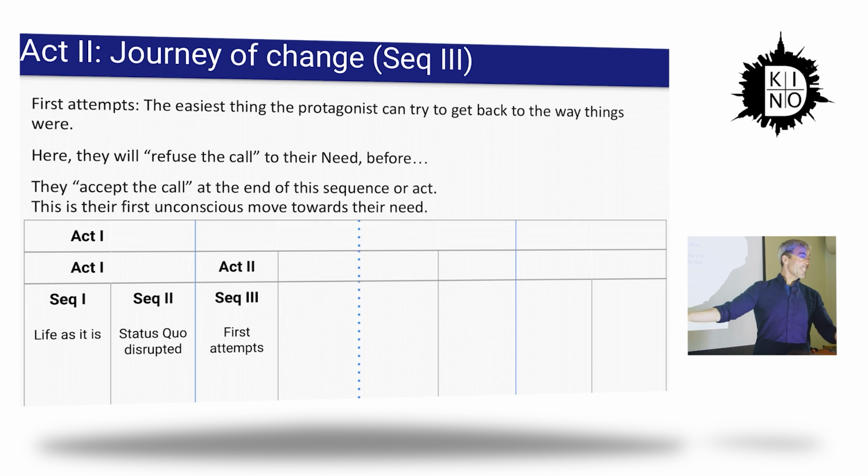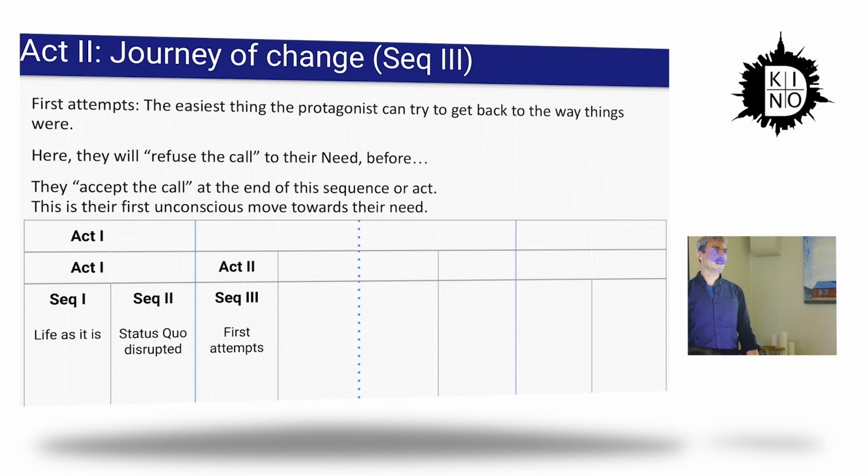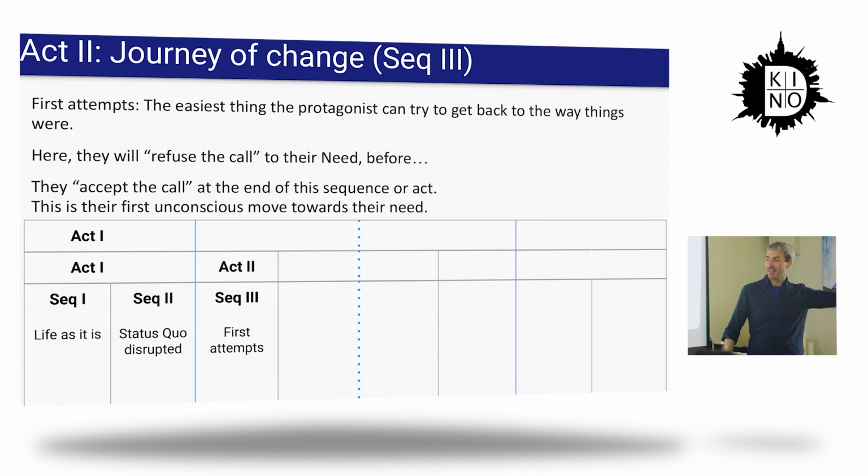Let's take, for example, Star Wars again, a really clear example, because George Lucas based it on these theories, and so that became grounded in Hollywood. Anyways, sorry, I'll talk about Star Wars a lot. So he goes looking for R2-D2. He finds R2-D2, and R2-D2 has found Obi-Wan Kenobi. And Obi-Wan Kenobi says, this message is from the princess. We need to go save her. I'm an old man. I'm going to need your help. You need to come with me. And Luke, who's been on this farm going, God, I'm so sick of this farm, I really want to get out of here, I want to look at these twin sunsets and go and experience adventure,